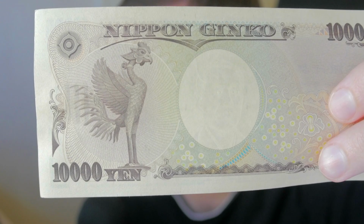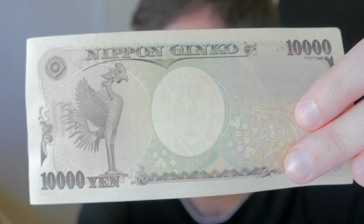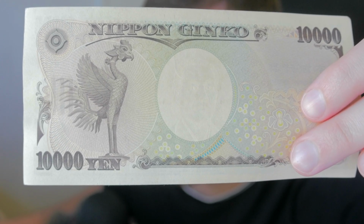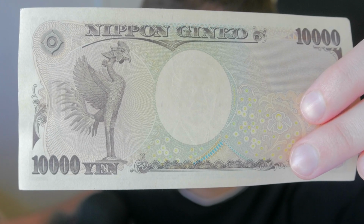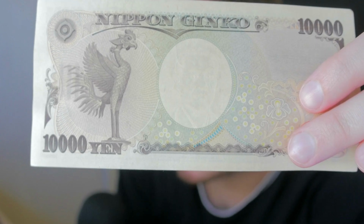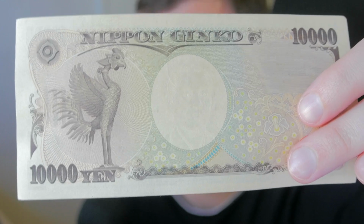And on the back, we have a statue of Ho-Oh, which if you're a fan of Pokemon might sound familiar. Ho-Oh is a phoenix from the Byodo-in Temple, which is in the city of Uji in Kyoto. So there's actually a statue of a phoenix from a Buddhist temple, and then the Pokemon obviously just borrowed that name. Sort of like in Naruto,